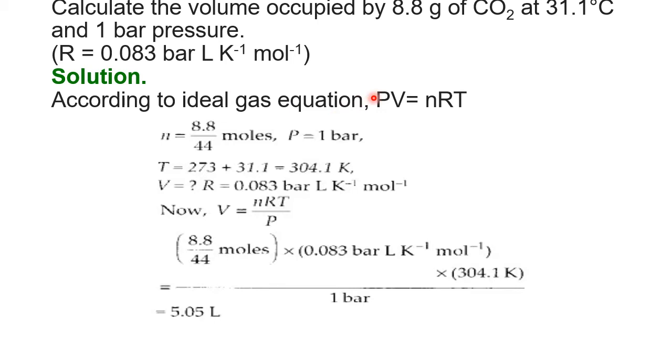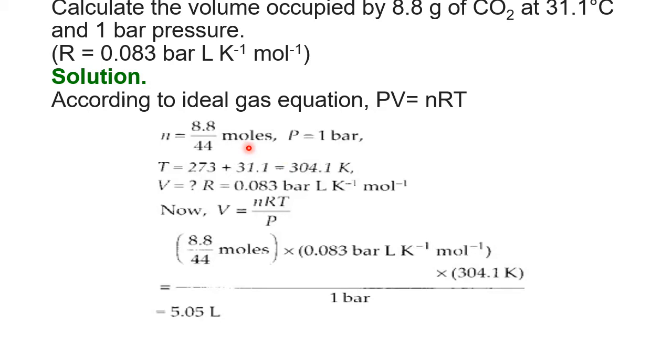Carbon is 12, one oxygen is 16. There are two oxygen atoms. So, totally 16 plus 16, 32 plus 12, 44. So, 44 is the molar mass of carbon dioxide. Therefore, number of moles of carbon dioxide equal to mass given by the molar mass. That is 8.8 by 44. That gives you the number of moles of carbon dioxide in 8.8 gram of carbon dioxide.